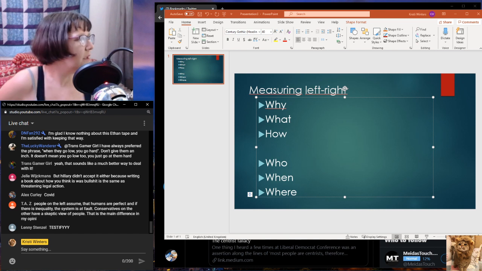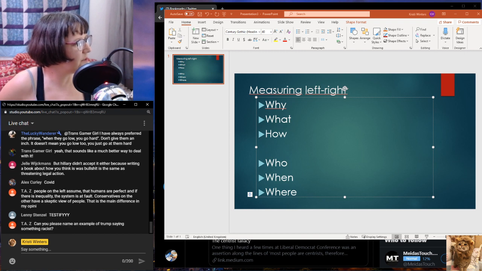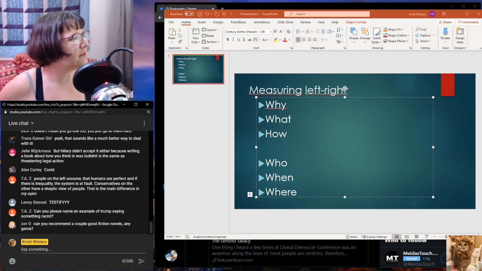COVID. Okay. People on the left assume that humans are perfect, and if there's an inequality, the system is at fault. Conservatives, on the other hand, have a skeptical view of people. I think that's a main difference. I think people on the left don't think humans are perfect. Maybe they think that